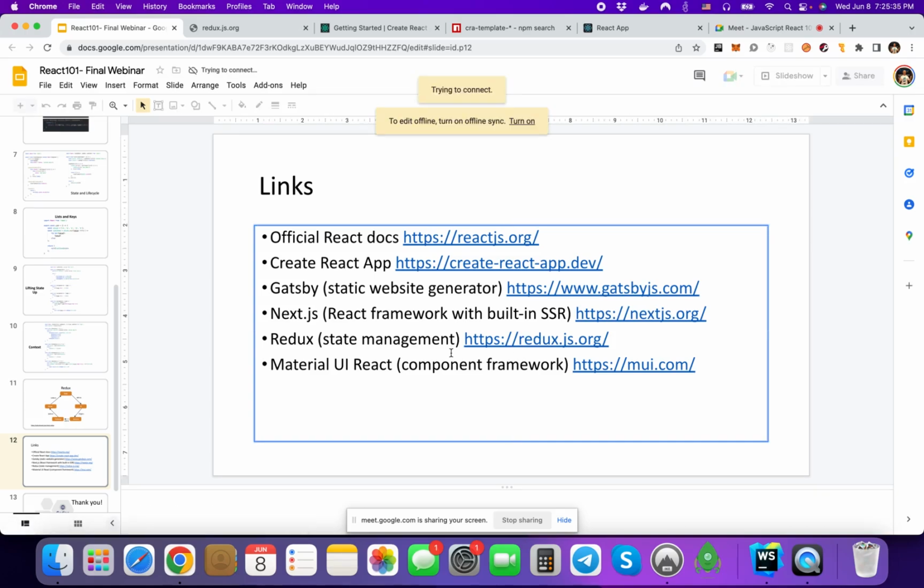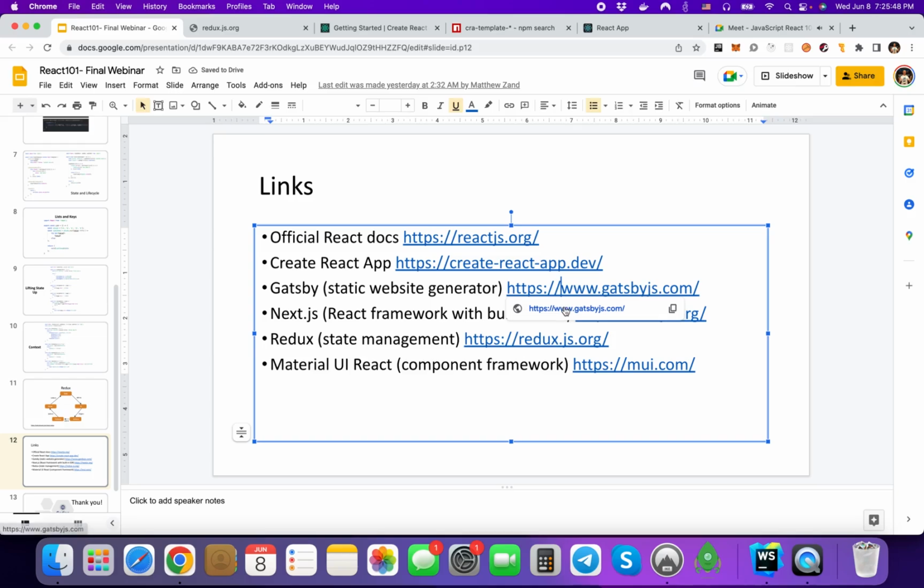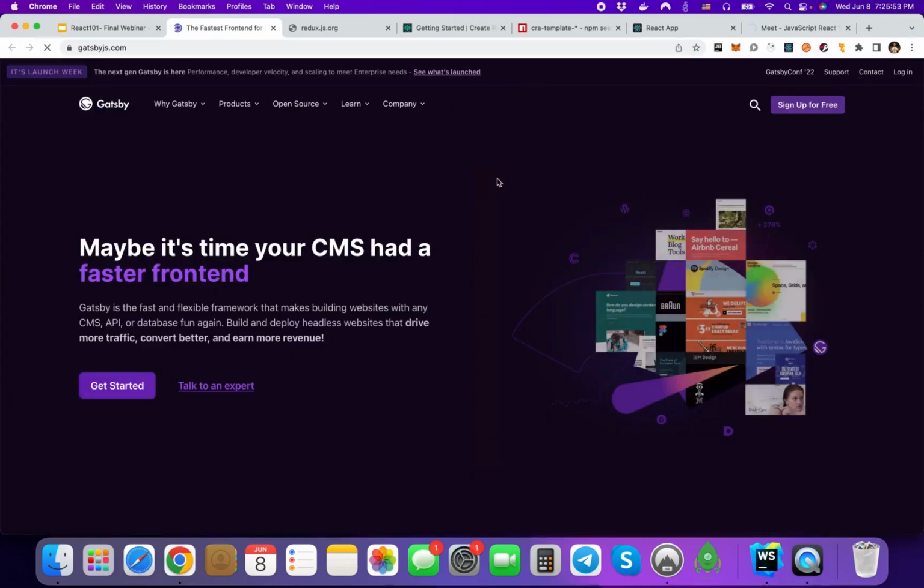And also, I wanted to talk really briefly about other tools that are very useful in React development. For example, there is this Gatsby. Can you still hear me? Because I think,